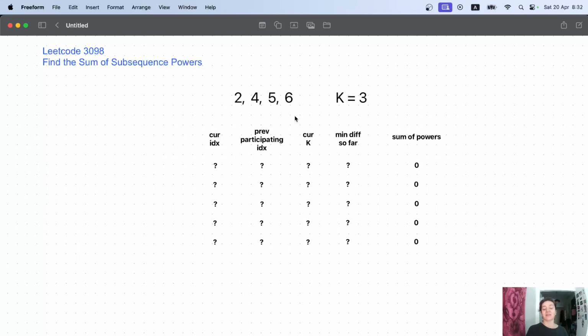So the immediate intuition for such a thing is to use bits, right? To have an integer value that would run from 0, where all bits are off, until, in this case, 16 excluding, 0 including, 16 excluding, because in 15 all bits are on. And every value that has exactly k bits on represents a subsequence. If there are k bits on, we just extract the indexes that correspond to the bits that are on, and